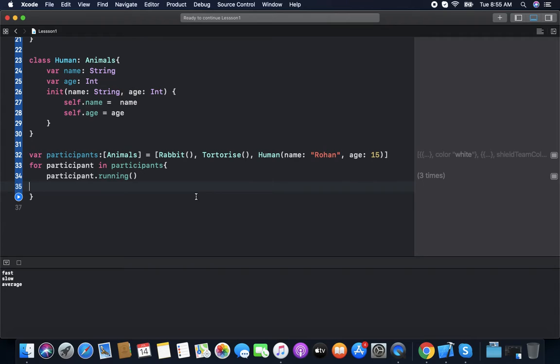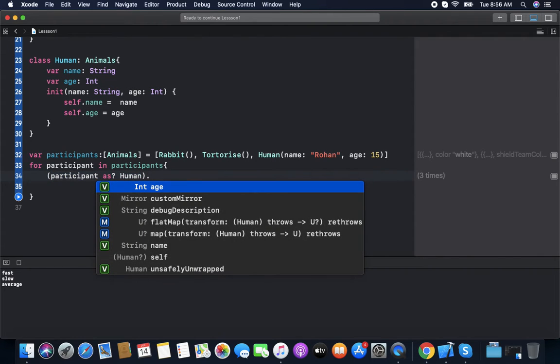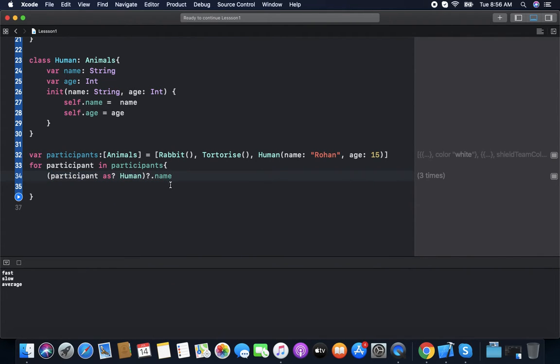For downcasting, we have a participant of Animal type, and we want to downcast the variable to Human. If we downcast everything as a human, and then it loops, then I print their name.